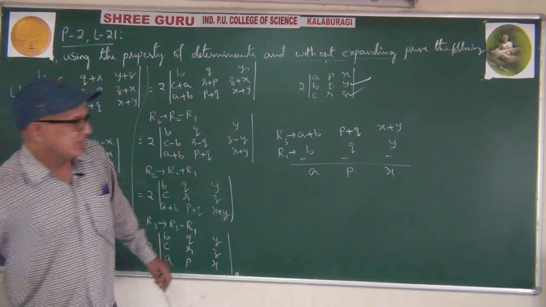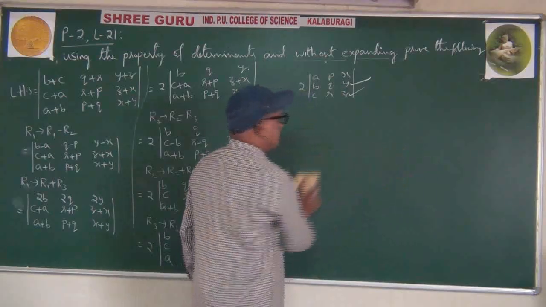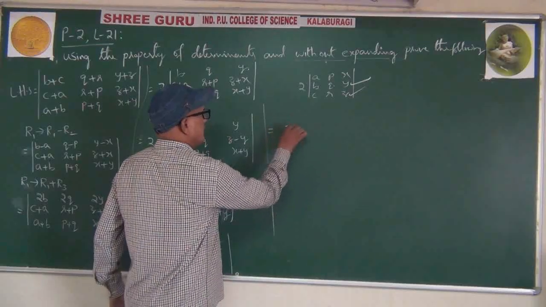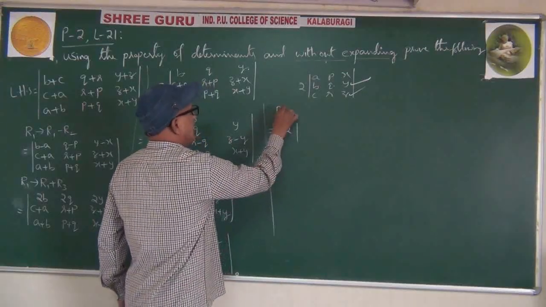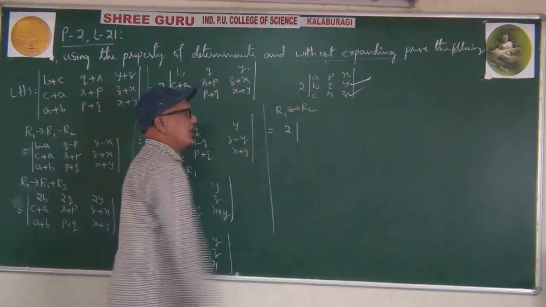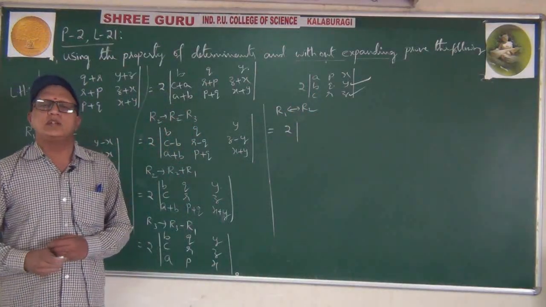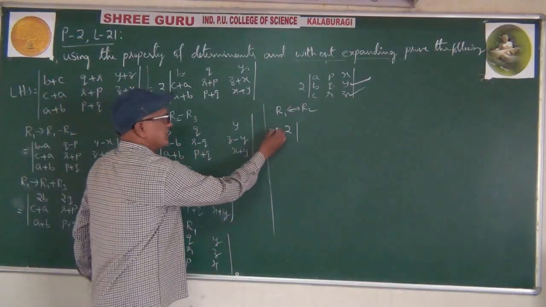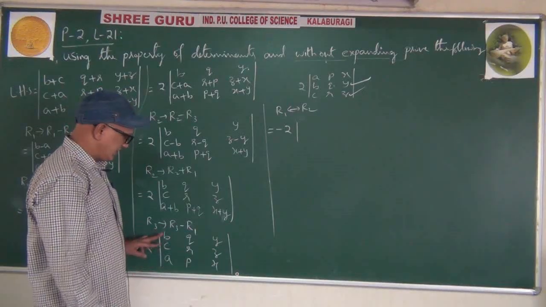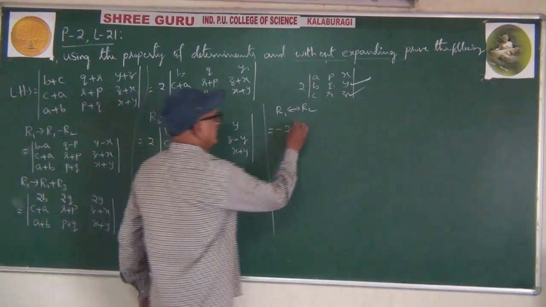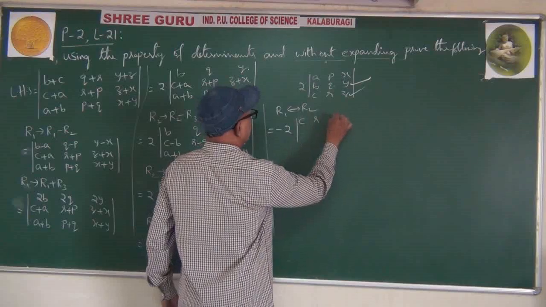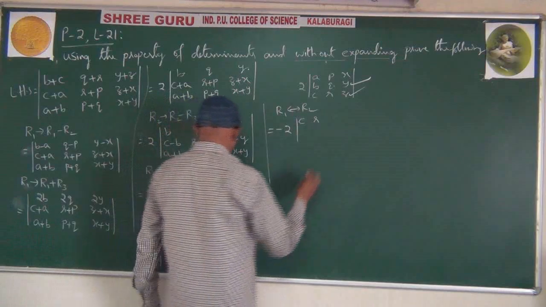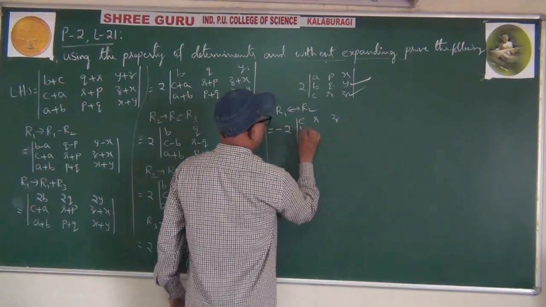Right? Let us interchange. If you interchange any two rows or any two columns, the sign will be changed. So equals to minus. Here what I am going to do? I am going to interchange R1 and R2. If you interchange any two rows, the sign will be changed. It is positive, it becomes negative. I am going to interchange the first one, second one. CRZ goes up. BQY comes down.